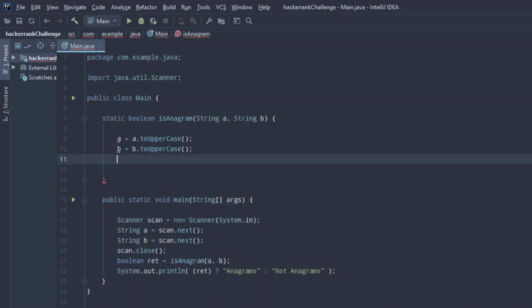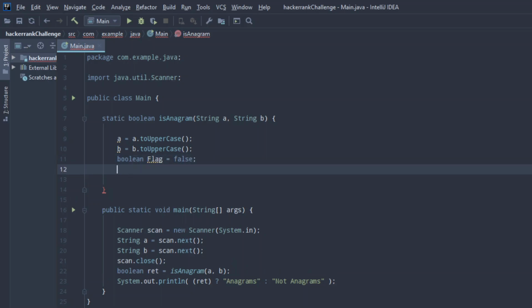Then we'll create a boolean called flag, and we'll set it equal to false. And finally we'll create a StringBuilder called